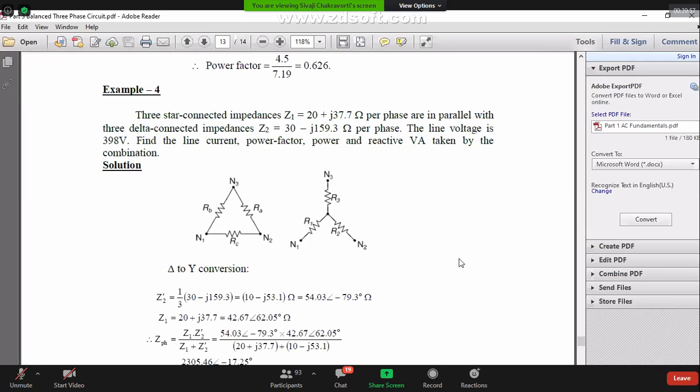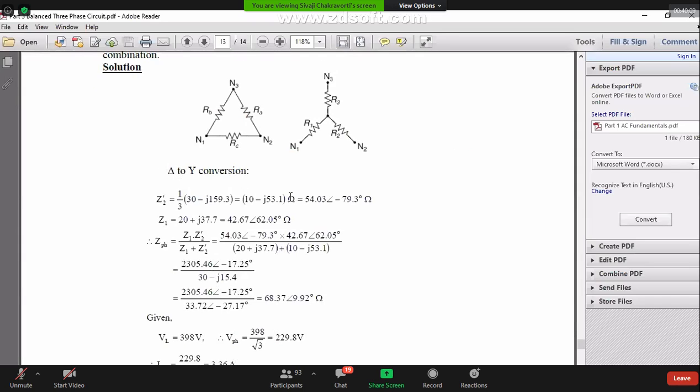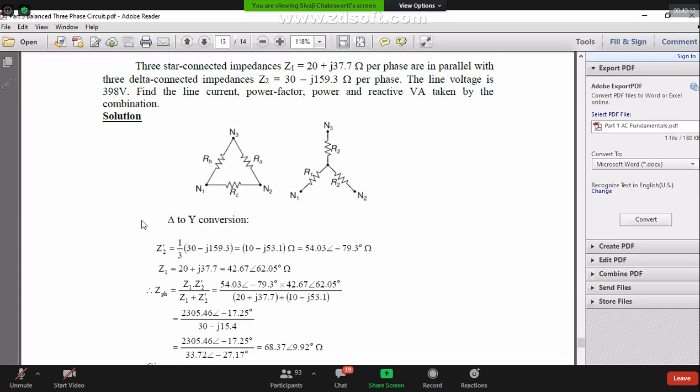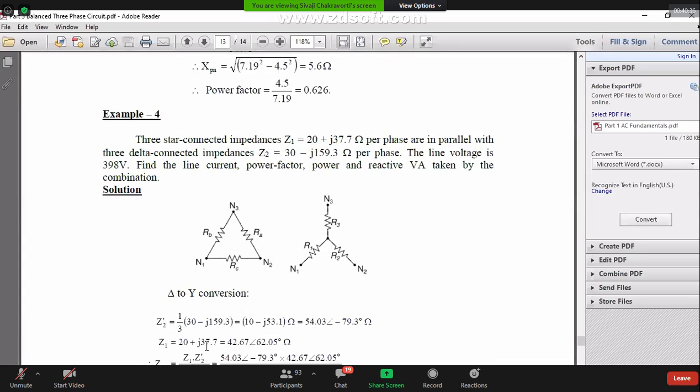Then how do you solve it? Here comes the knowledge that I told you in my last class: convert it to either star or delta. Because if I convert this star to delta, I get an equivalent delta of this star. And that equivalent delta will of course be connected between N1, N2 and N3. So in that case, there will be two impedances in parallel between N1 and N2, similarly N1 and N3, and N2 and N3. So this problem can be solved only by star delta conversion. Otherwise, you cannot solve it.